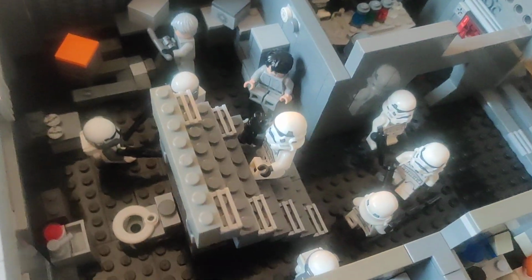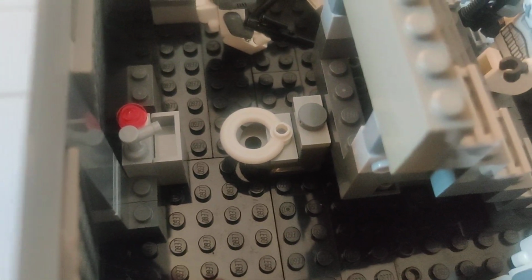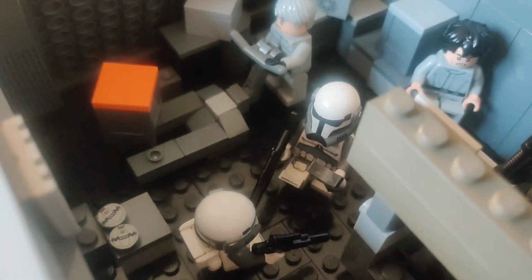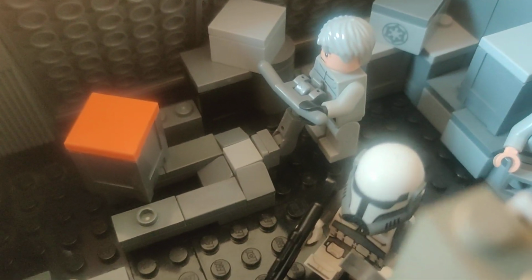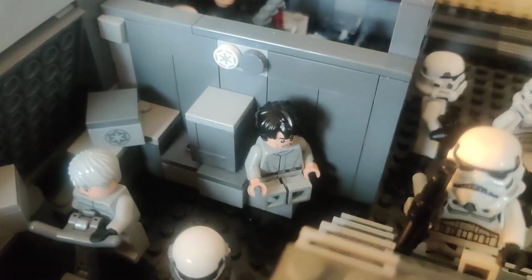Then of course we have the stairway leading up to the second floor. We have a hidden little bathroom here for those who need to use it. And then we have some more of the airborne troopers having a conversation. And we have the main storage of the base, where they have one of these little vehicles to lift the crates. We got some crates stored here, and there are people from the